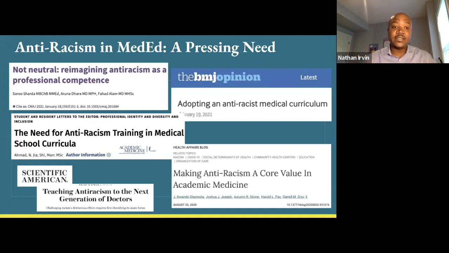Indeed, physicians in the United States receive minimal formal training about racism during their medical careers, despite being trained in systems that further racist practices and principles seemingly without question. As evidenced by what's been written by multiple medical students, residents, and faculty educators, as you can see on this slide, anti-racism in medical education represents a pressing need. Studies highlight that learners have expressed a desire for its integration in their curricula, and some are also advocating that these things be included as a core professional competency moving forward.